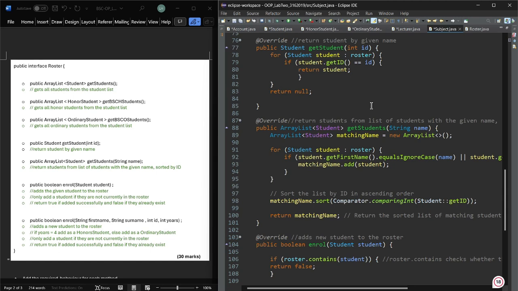This one is return student by given name. So public student get student integer ID. So we're getting student name, but we're searching by ID because here they give ID. So, for student, for every student object,